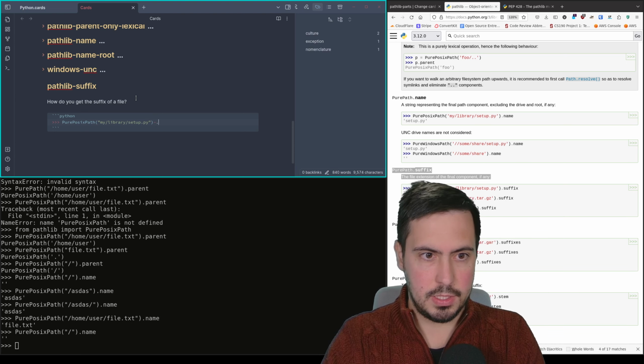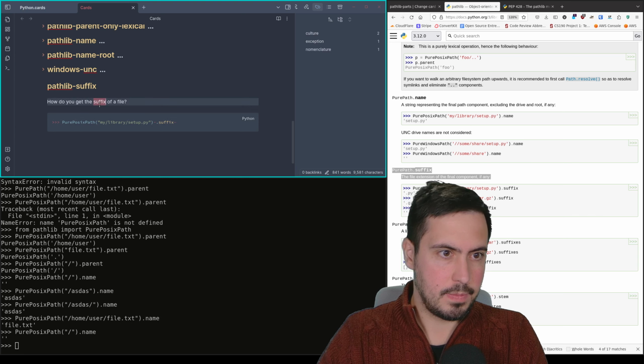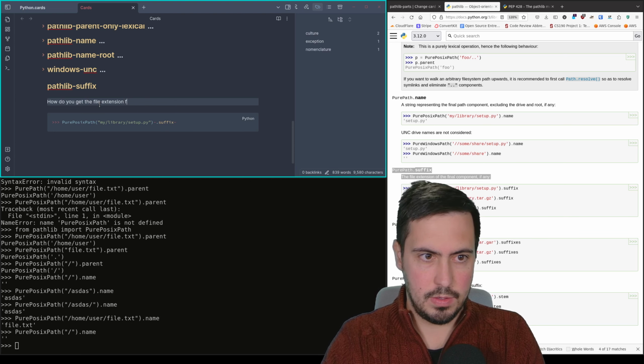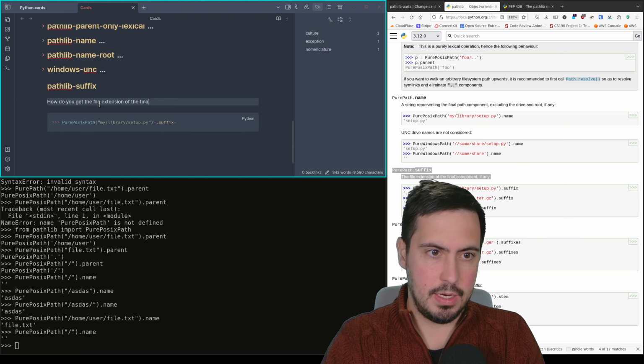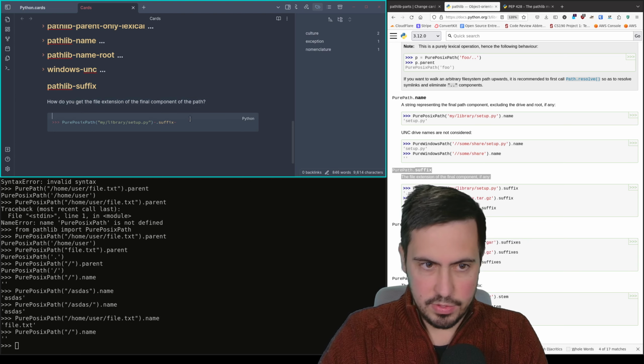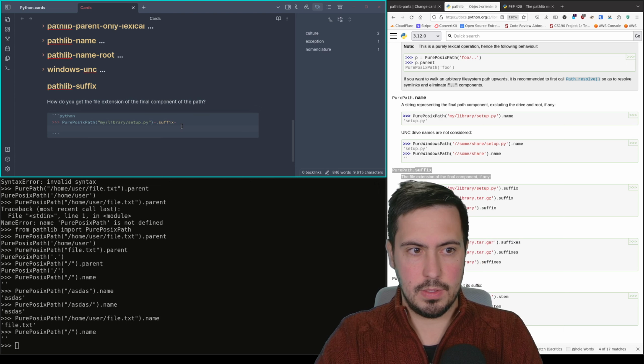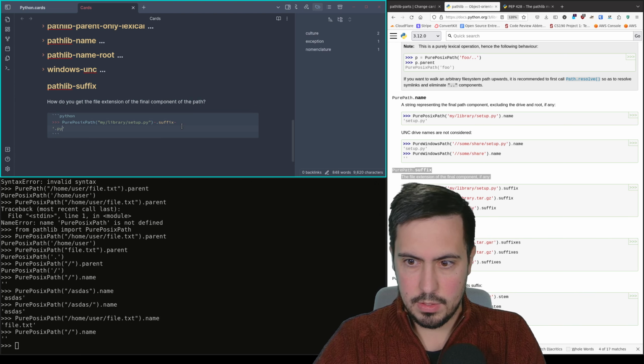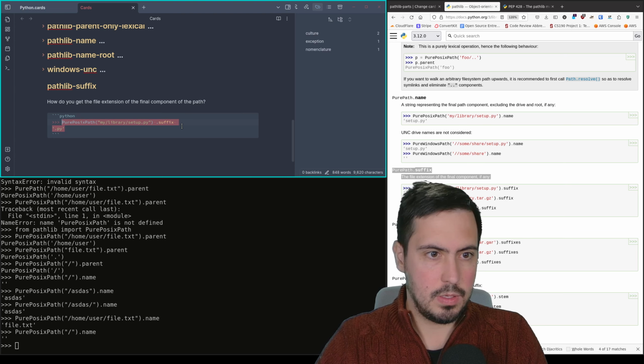Dot suffix. We don't want to say the suffix, the file extension of the final component of the path with suffix. So here it is .py. Okay,